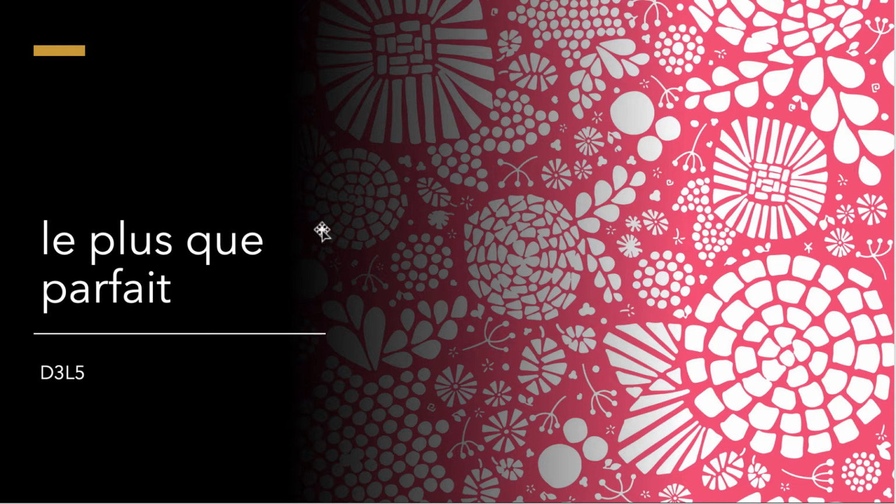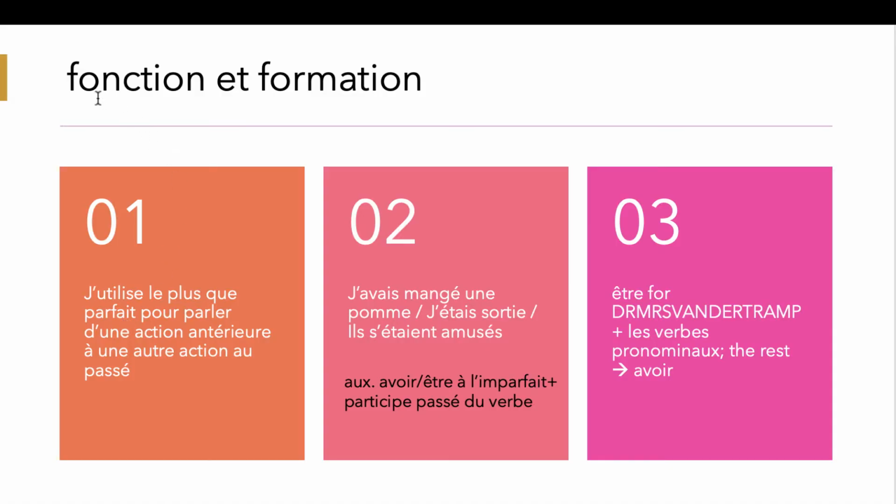So we'll be adding to our list of tenses that we have seen so far in the course le plus que parfait, also known as the past perfect in English. So again, premièrement, fonction et formation, j'utilise le plus que parfait pour parler d'une action antérieure à une autre action au passé. So basically, what we're trying to tell you here is, let's just say if you have a timeline,